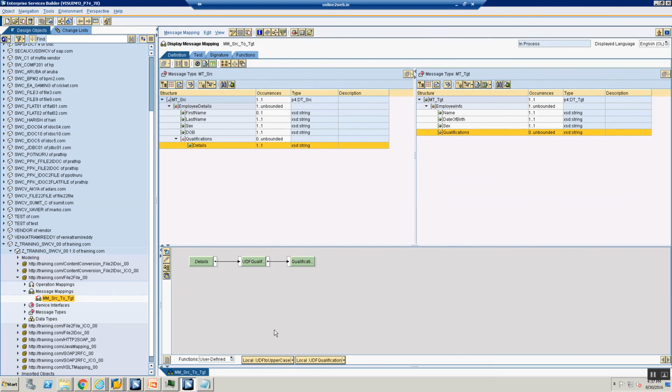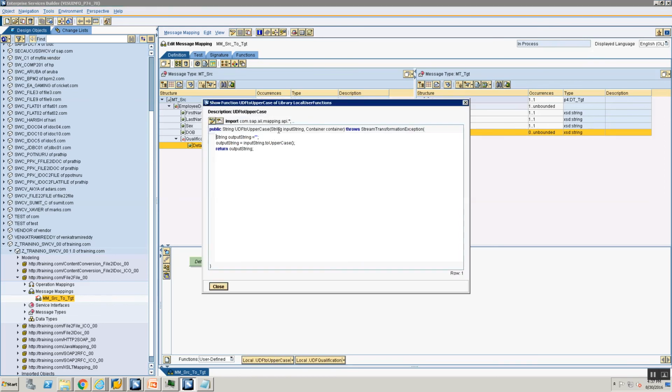So how do we add trace statements to our user defined functions? Let's go ahead and edit our user defined function and add trace statements. I'm going to get my trace object. I'm going to say abstract trace equal to container dot get trace. Okay, so abstract trace is equal to container dot get trace, and now I'm saying trace dot add